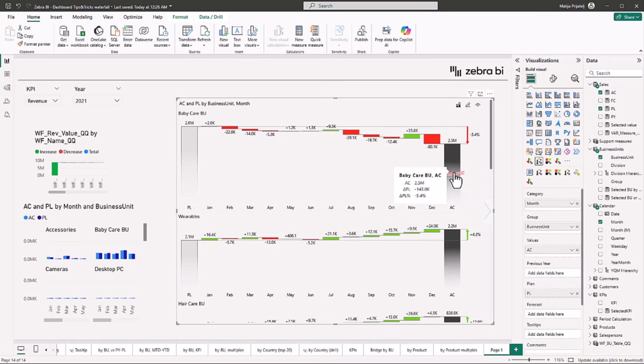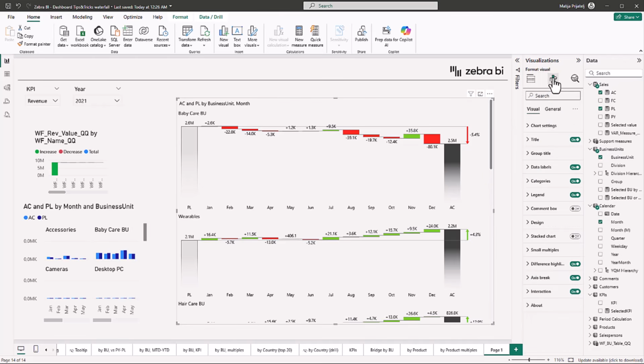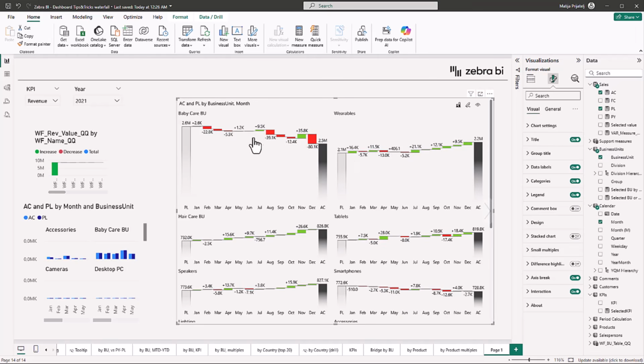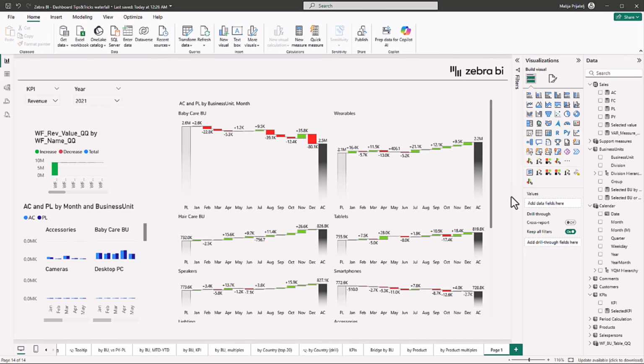Again, we have the ability to break the axis to see what we want to see in the waterfall chart, the different contributions from different months, but we also see the whole picture, the whole trend for all of them. Now I can also make them take up a little bit less space if I go here to the difference highlight and turn it off. This way, the difference highlight, which was the difference between our plan and our actual altogether, is not going to show. But now I really have a very compact, very data dense view where I can see quite a lot